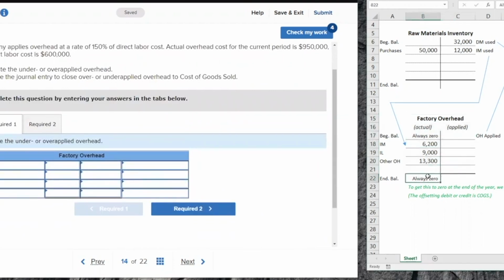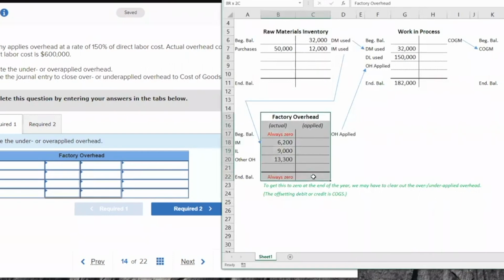See this word here, always zero? It's always going to start with zero and it's always going to end with zero. You cannot end up with a factory overhead account sitting on your balance sheet. It's got to be zero. All the overhead every month or every year, however often you do financial statements, has got to be cleaned out and put